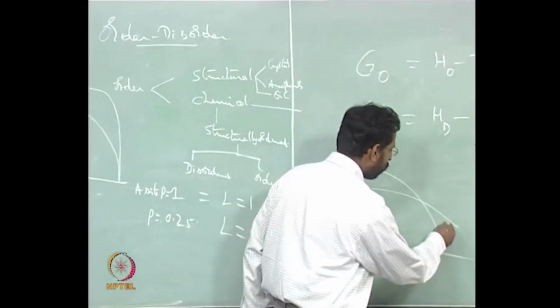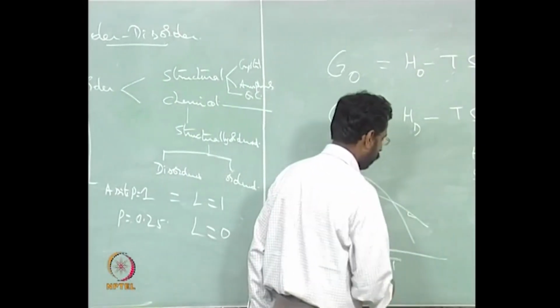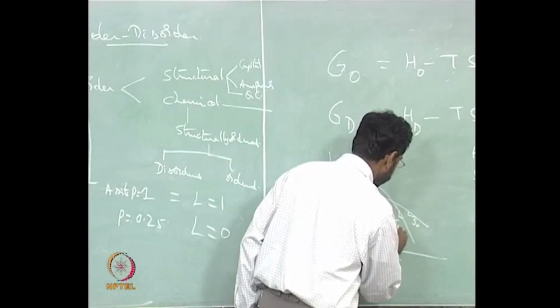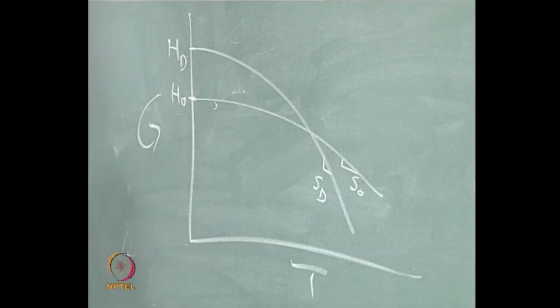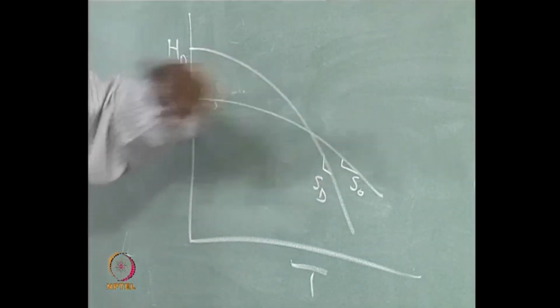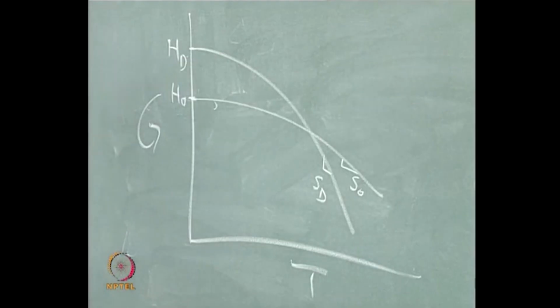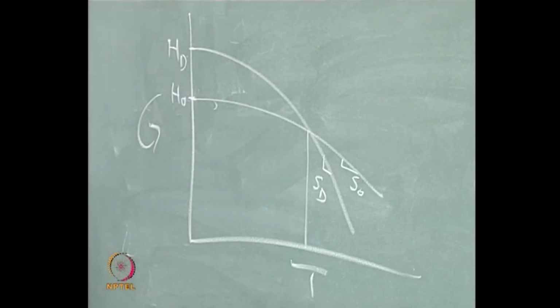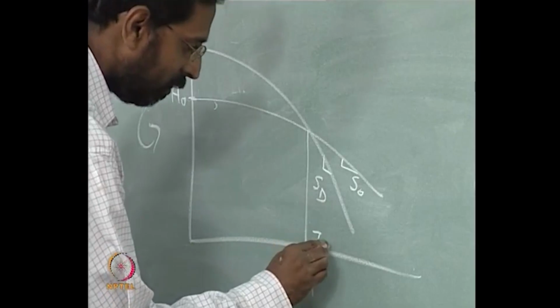Because the S, which is the slope of it, so this is the S of the ordered, this is the S of the disordered. At any given temperature, if I look at the entropy, you would see that the disordered structure should have a steeper slope when compared to the ordered structure. If that is the case, you would see at some temperature these two will intersect, and that is what we call a Tc,